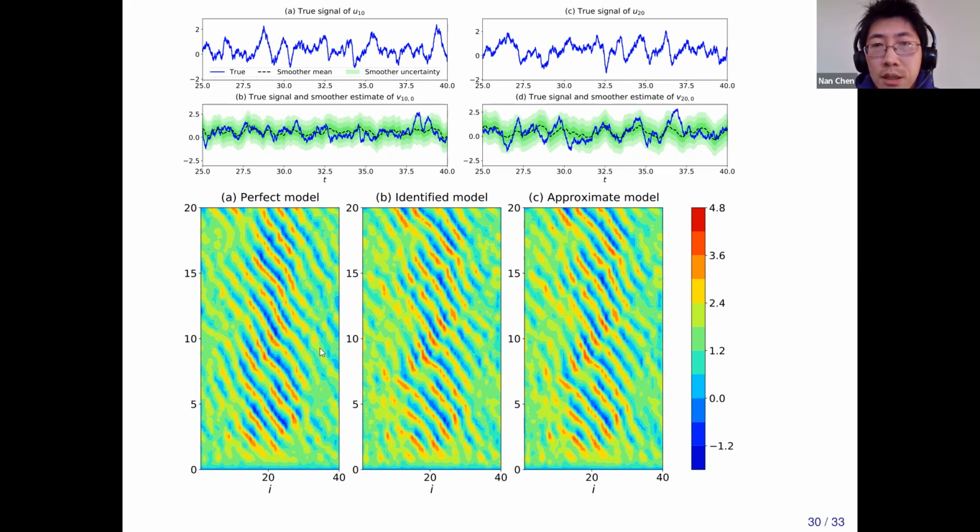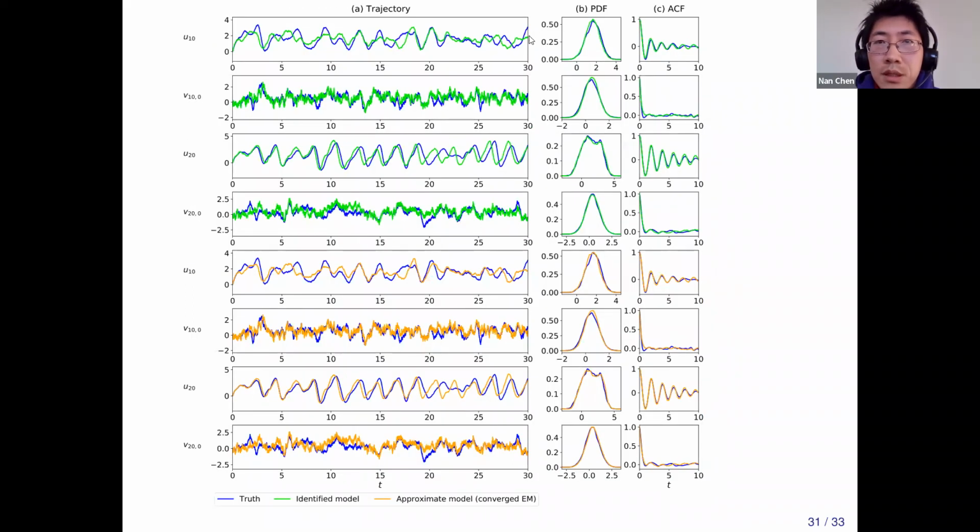And the second column here is a simulation from the original model based on the estimated parameters. So you can see they are all pretty similar to each other. And the time series is also pretty similar. For the time series, we don't look at a single path because we use different stochastic noise. But overall, you can see blue is the truth. The green one is the identified model, where the constrained Gaussian model is used as a preconditioner. And this orange one is the approximate model using the constrained Gaussian formula. You can see it can capture all these Gaussian and non-Gaussian distributions and all these autocorrelation functions.